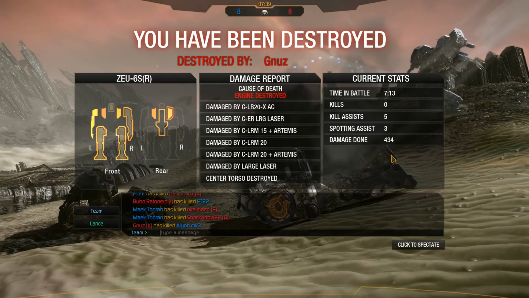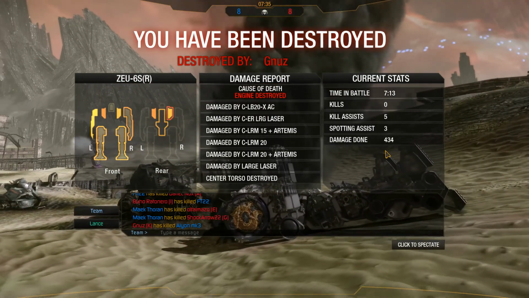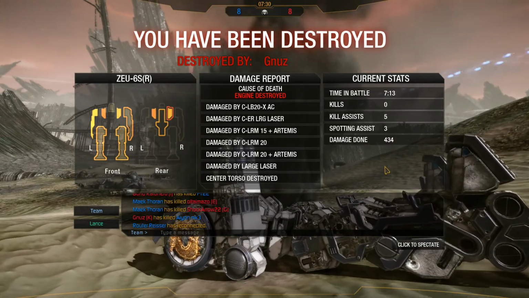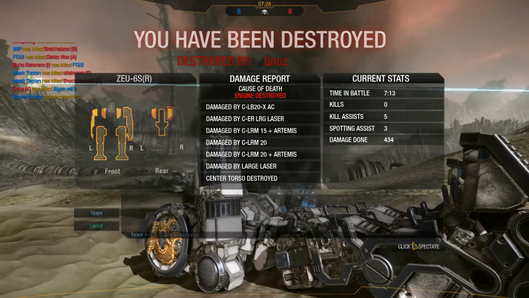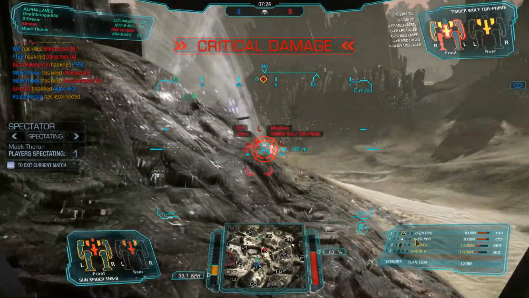Moving with the group, definitely the better call with the Zeus. The armor is still very fragile. I say again, it's made of refined cardboardium alloy, most likely. 434 damage done, though. Yeah, that felt a lot better. The laser...